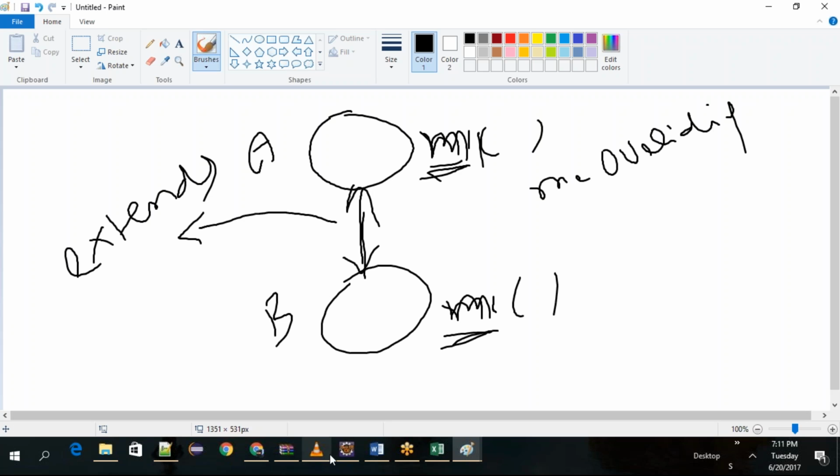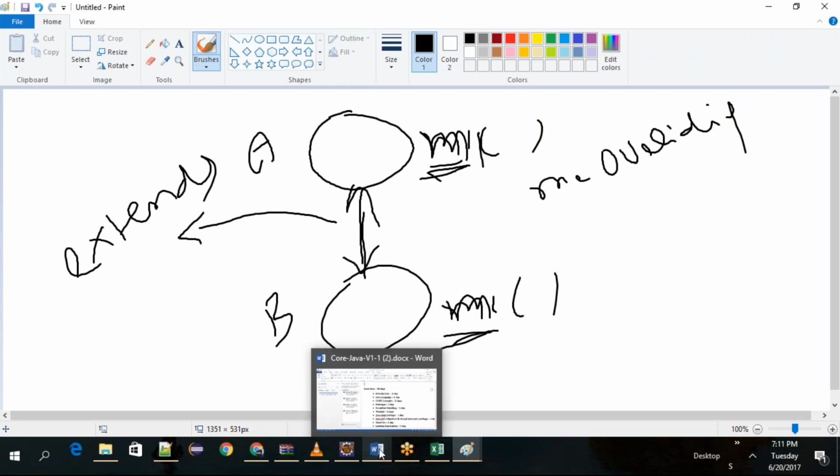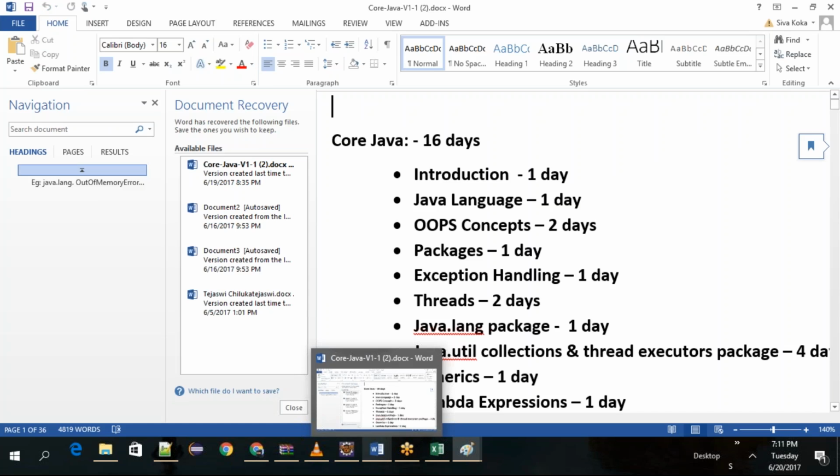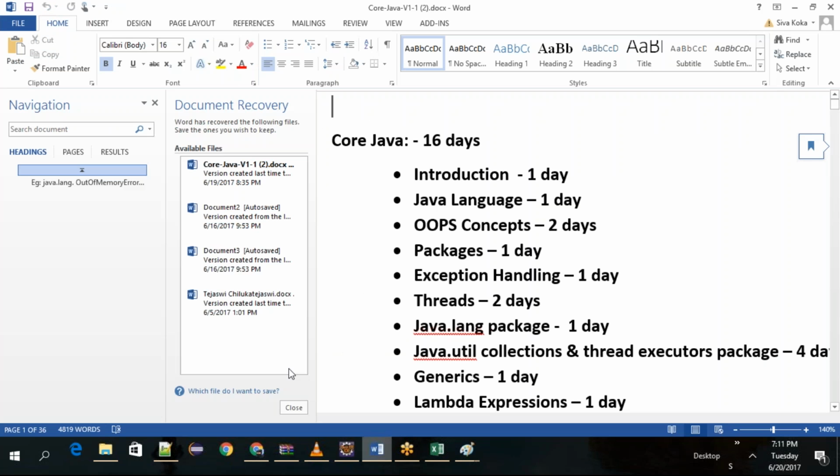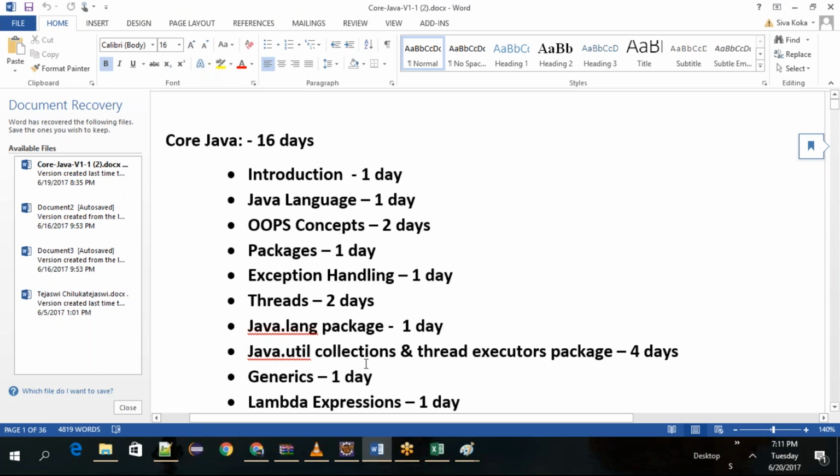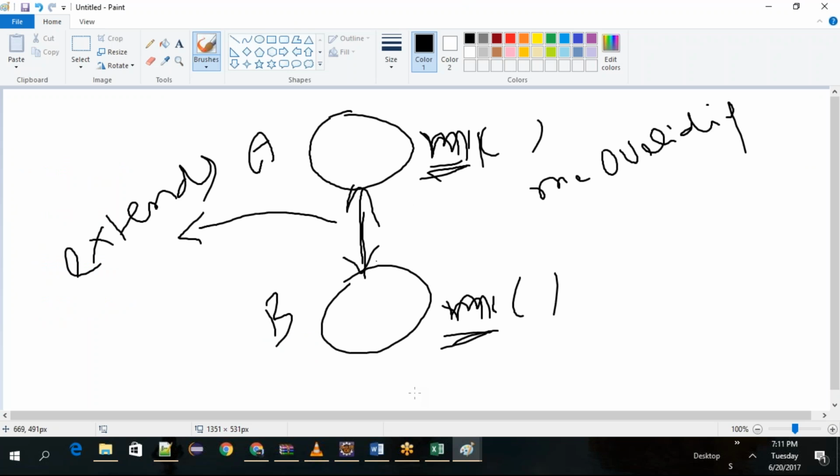Hybrid inheritance is not supported. So these can be achieved through the extends keyword. By using extends you can establish a relation, and if the method name is the same between two classes, then we can call it method overriding. Okay,